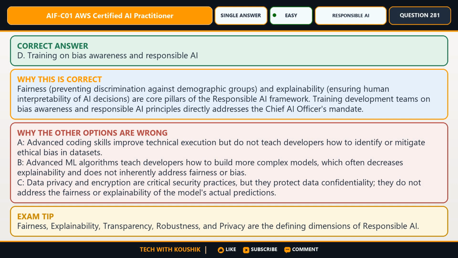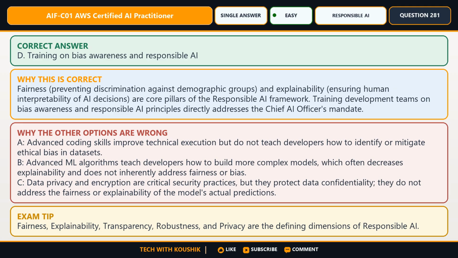Fairness, preventing discrimination against demographic groups, and explainability, ensuring human interpretability of AI decisions, are core pillars of the responsible AI framework. Training development teams on bias awareness and responsible AI principles directly addresses the Chief AI Officer's mandate. Here is how to rule out the alternatives.